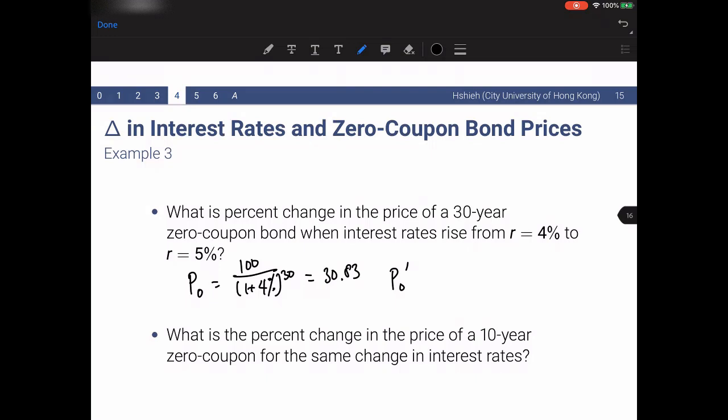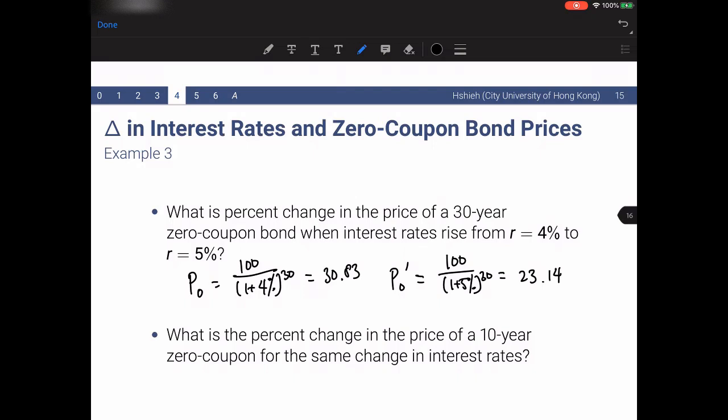So P0 prime is equal to $100 that's going to be paid to you 30 years later, but it's going to be discounted by 1 plus 5%, which is compounded 30 times. That should give us obviously a lower price because the denominator is now larger, and you should arrive at a price of